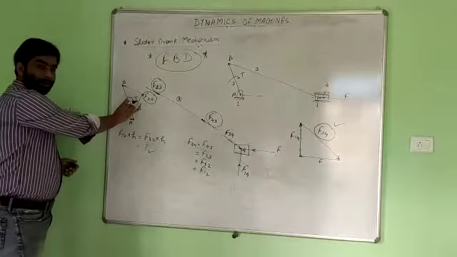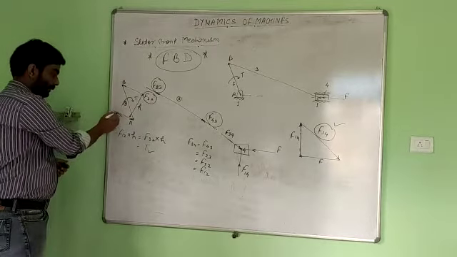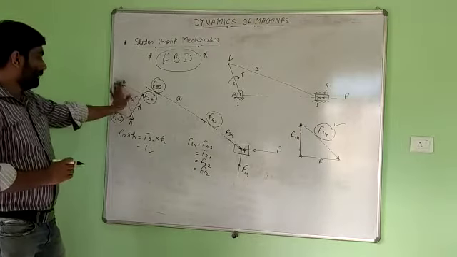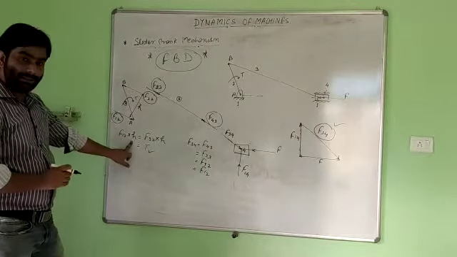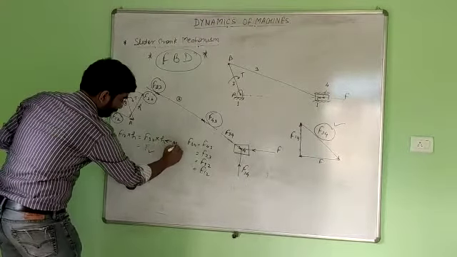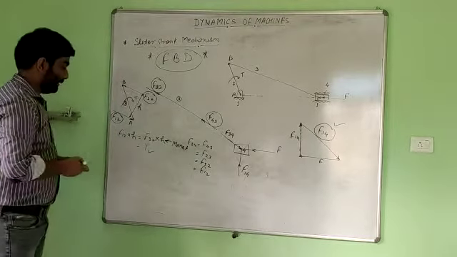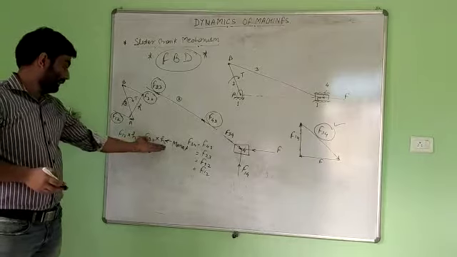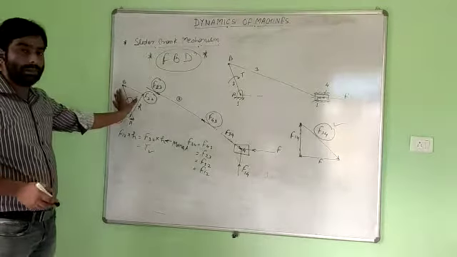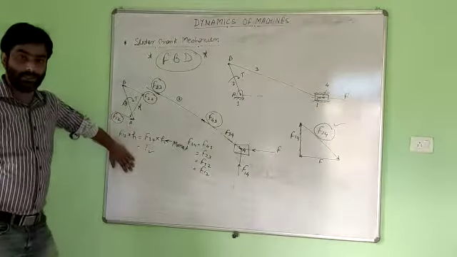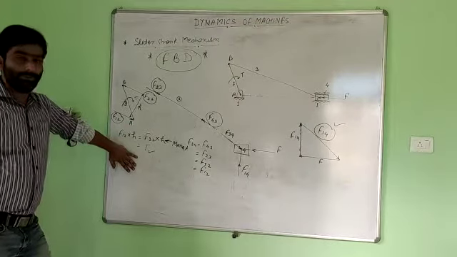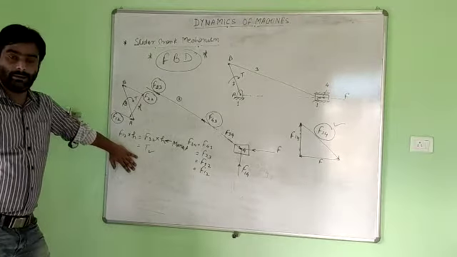Now the member is in equilibrium under the action of two forces and a torque. So this one will be equal to F12, and now we have F12. The moment produced by these two forces will be equal to F12 multiplied by h. This is the moment produced by the member. It is F32 multiplied by h, or F12 multiplied by h, in the anti-clockwise direction. So we have to apply one external torque in the clockwise direction. This is how we have to draw the free body diagram of the slider crank mechanism.